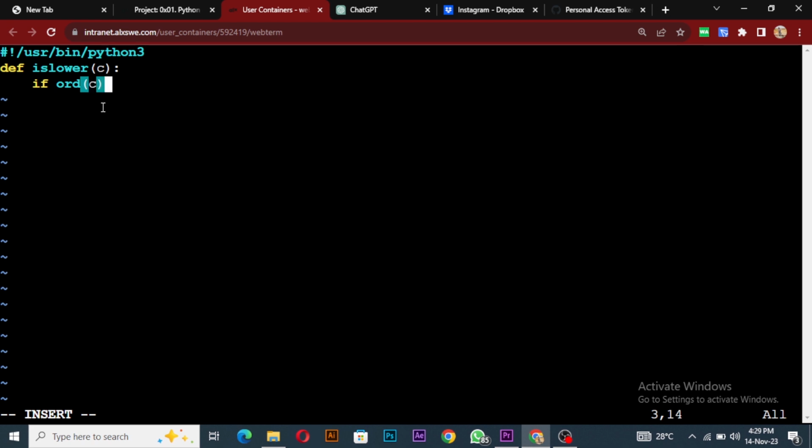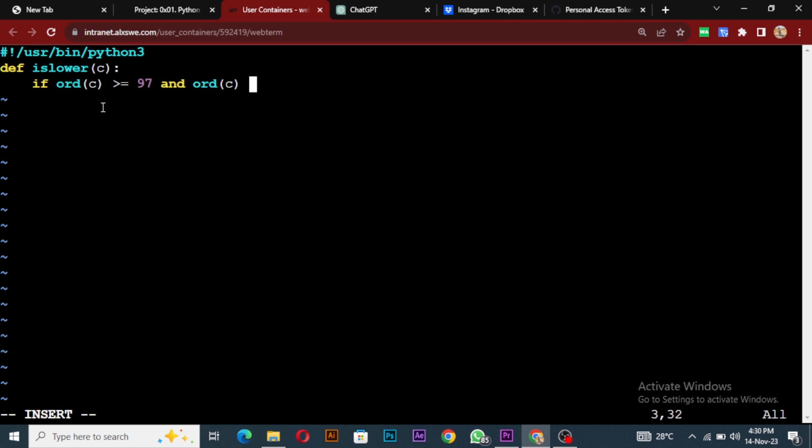So if ord of c is greater than or equal to 97, right, and we are converting c to a number with ord, not the character, and ord of c